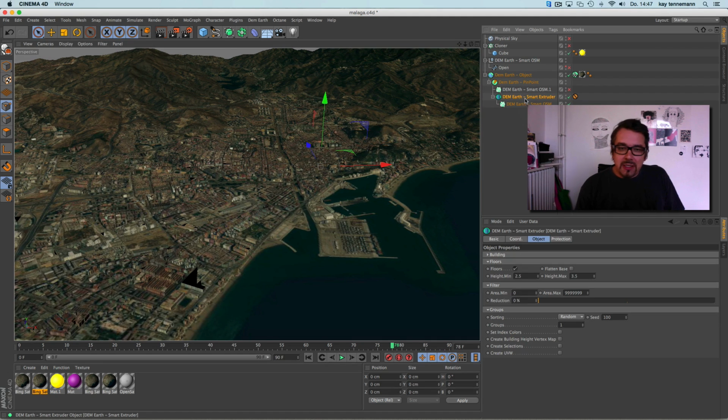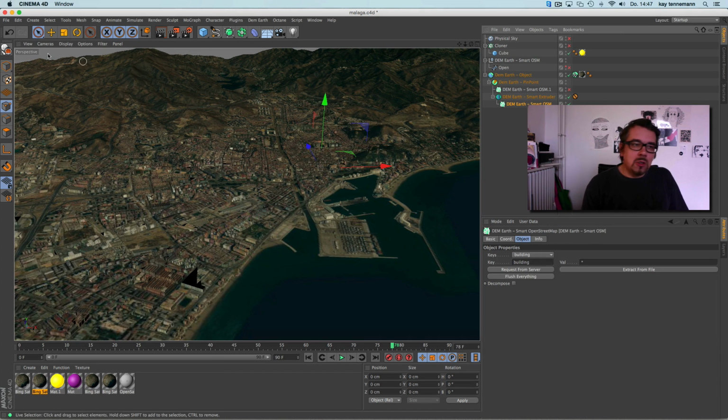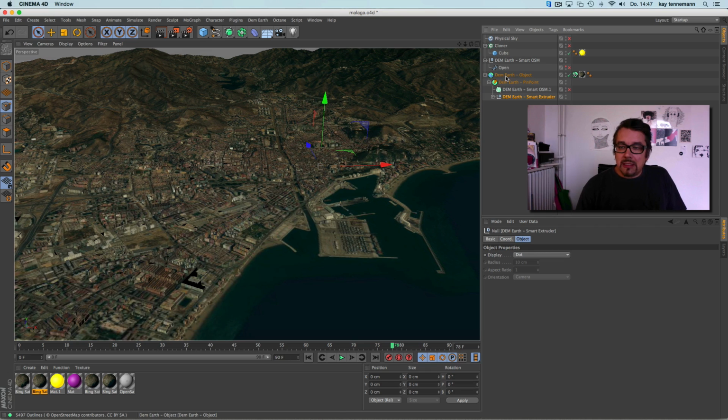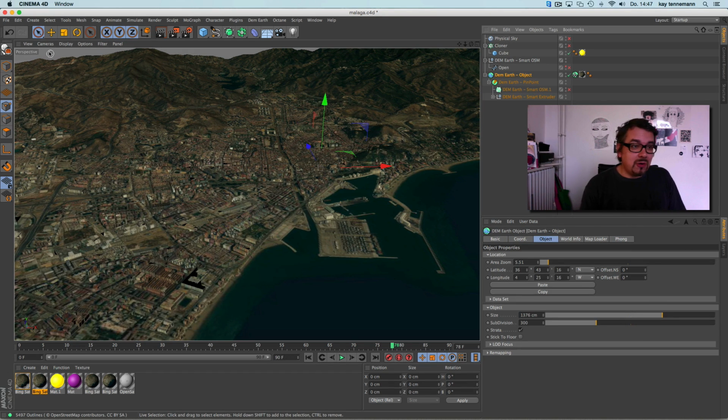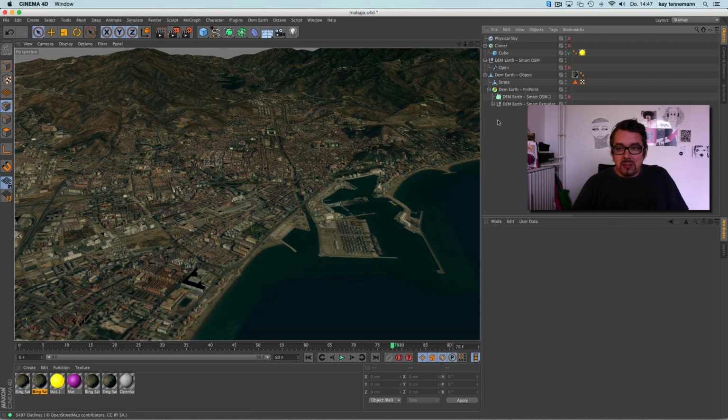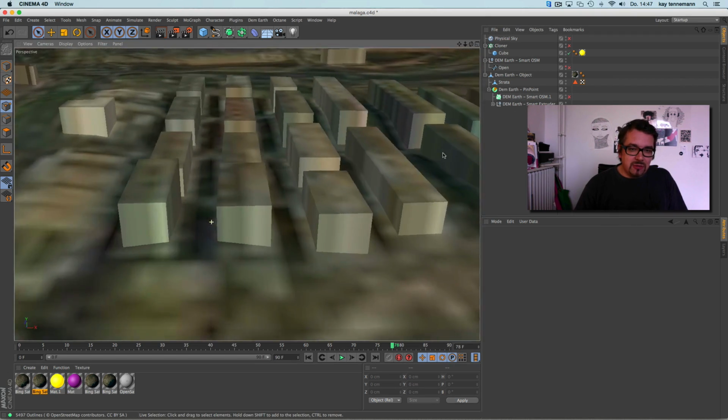This means when I hit this one, and DEM EARTH itself, of course, too. Zack. Now you just have traditional meshes, you know.